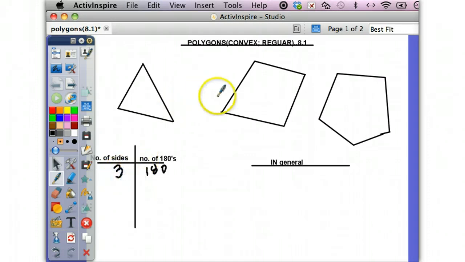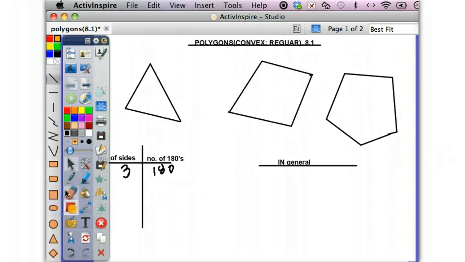But of course, we can have four sides. So if we go to this one here, which is a four-sided, let me do it this way. I want to get it a little bit accurate. Let's say I